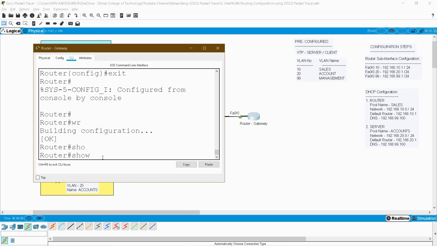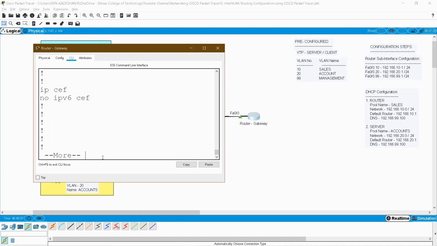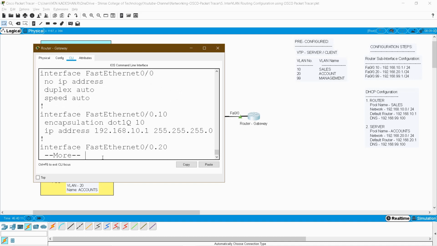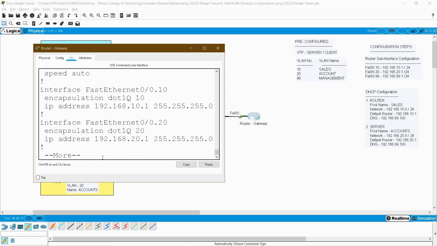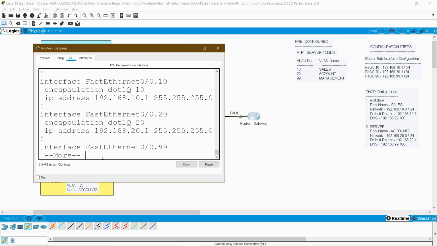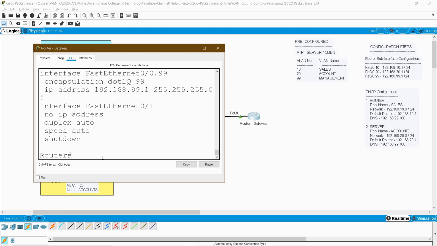Now run a check whether the sub-interfaces are created and IP addresses assigned or not. Yes, 0.10 is created and IP assigned, 20 is created and assigned, and 99 is also assigned. So exit. Before that,